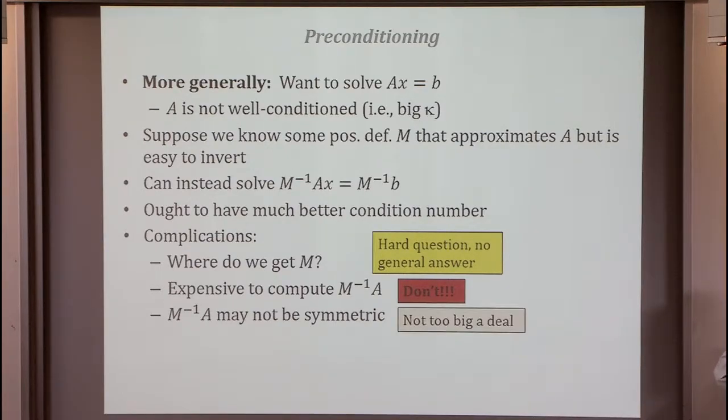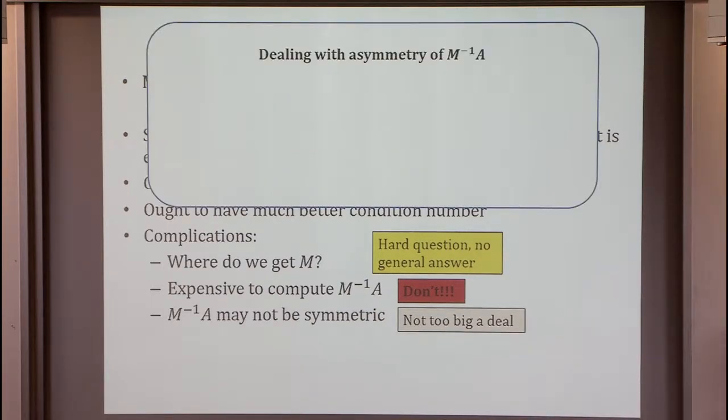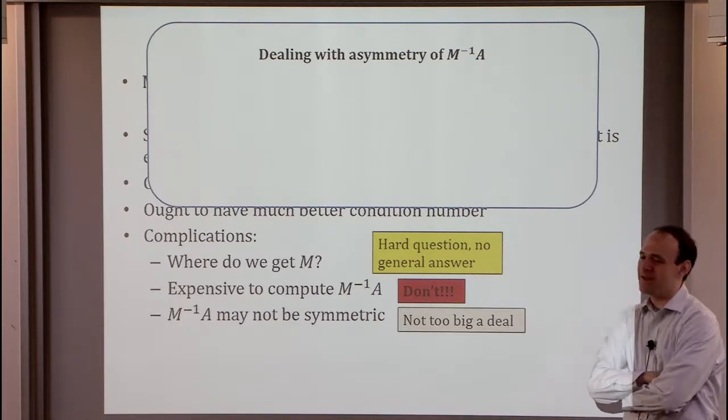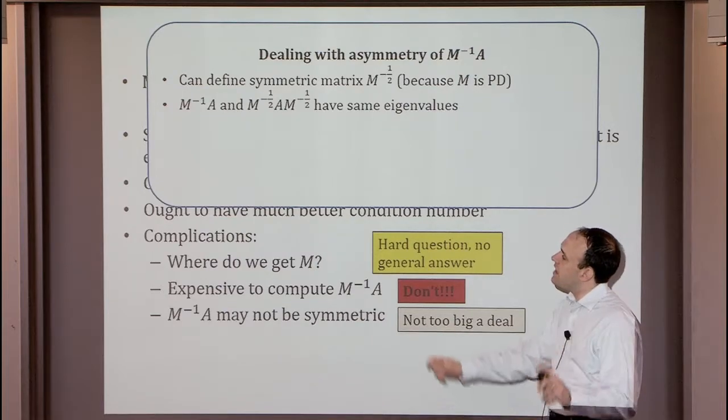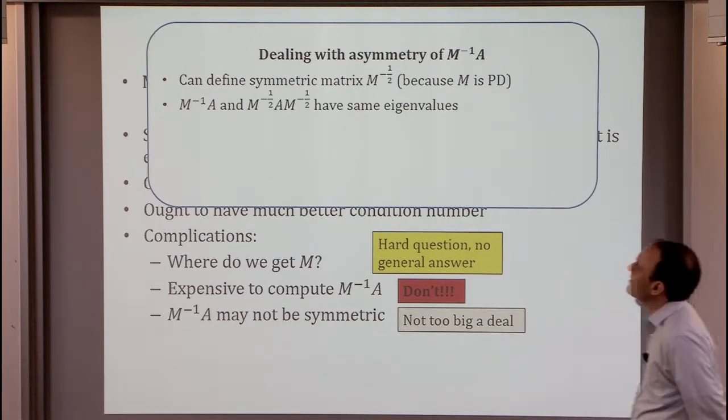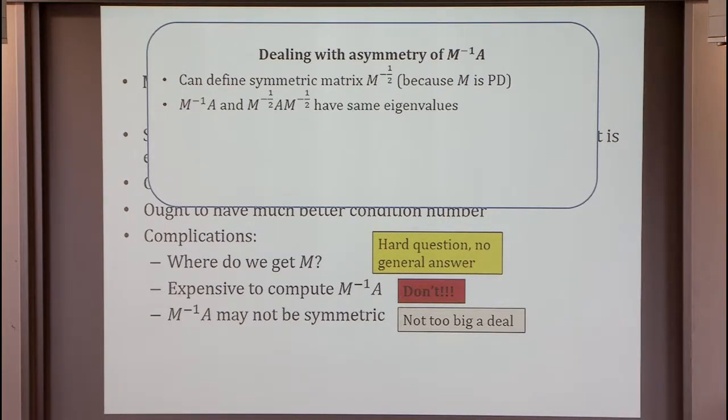And then the not symmetric one, it's really not a huge deal. And let me tell you roughly why it's not a huge deal. Roughly, it's that it's not a symmetric matrix, but it's pretty close. And the reason is that you can define a symmetric matrix. The idea is that if I take M to the -1, if I assume M is PSD, I can take a square root. I can make M to the -1/2. And then note that by similarity, M to the -1 A and M to the -1/2 A M to the -1/2 have